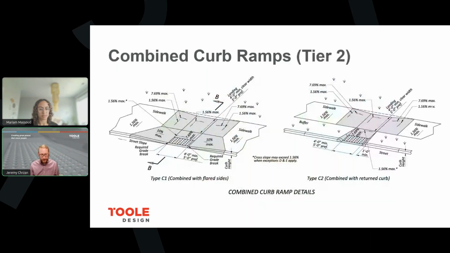When it comes to the Tier 2 style design, that's that combination of a perpendicular style ramp and a parallel style ramp. ODOT has the design details for that in the C1 and C2 style design. And really the difference between that is whether you have a walkable or unwalkable surface immediately behind the curb. So C1 with flares is appropriate if you do have